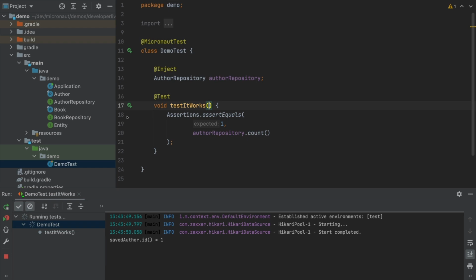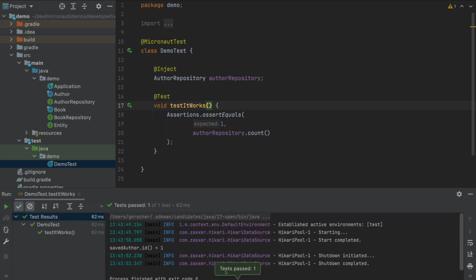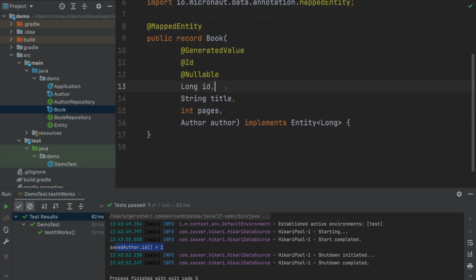And as you can see, the ID gets assigned. There it is, the ID gets assigned, and the test passes. So there's one author in the database. The ID got assigned from the database insert, and my assertion asserts that was successful by doing a count on all the available authors. Now, the cool thing about Micronaut Data, JDBC, and records is that they support all the features,